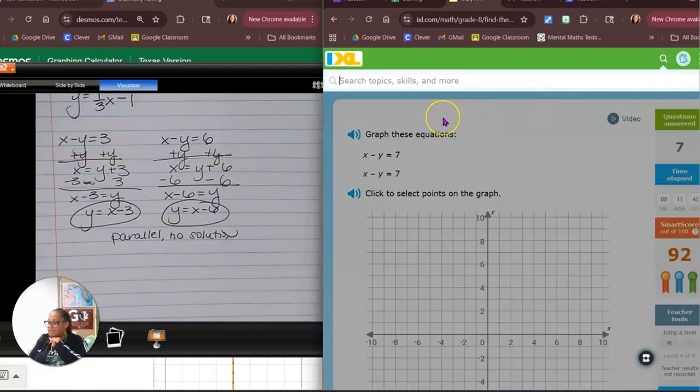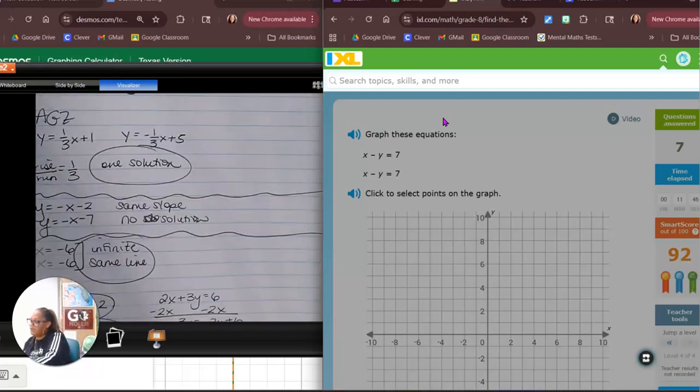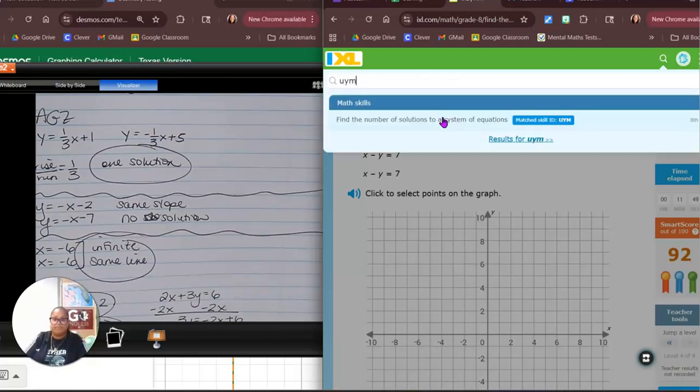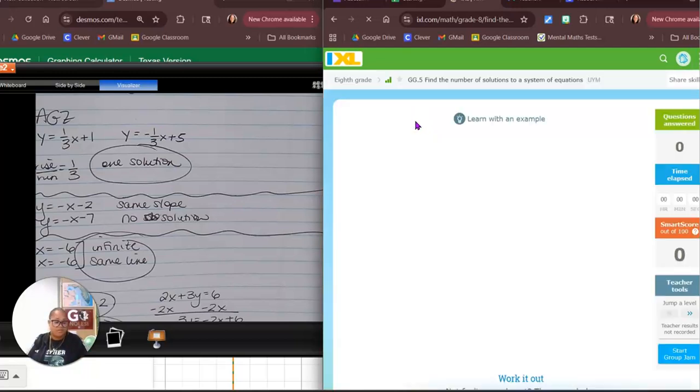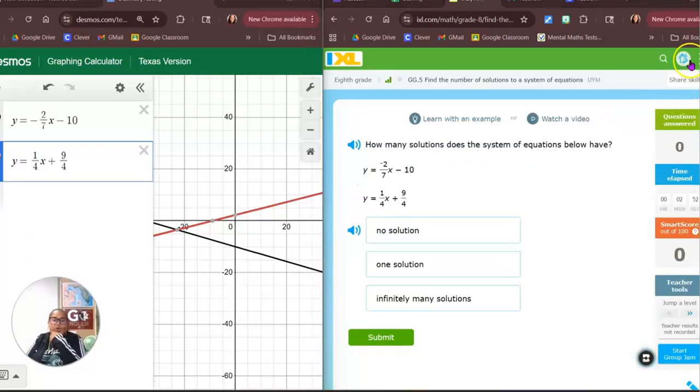All right, let's look at IXL lesson UYM, finding the number of solutions. All right, again, these are graphing here. Okay, now we've moved on to lesson UYM. I have typed in both of these equations into Desmos, so y equals negative 2/7 x minus 10, and y equals 1/4 x minus 9/4, and I see that they intersect once, so this will be one solution, and